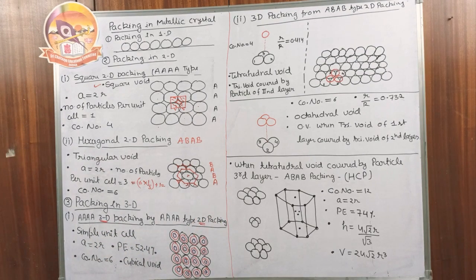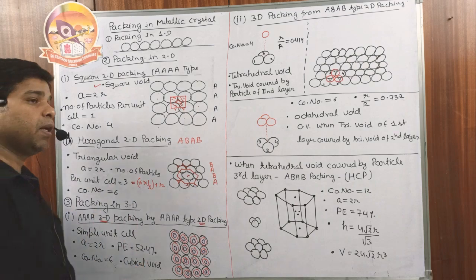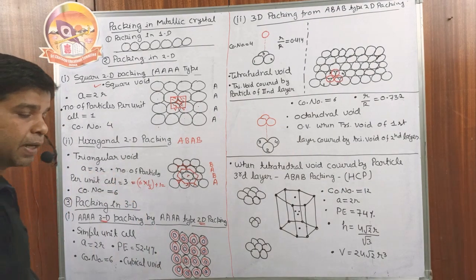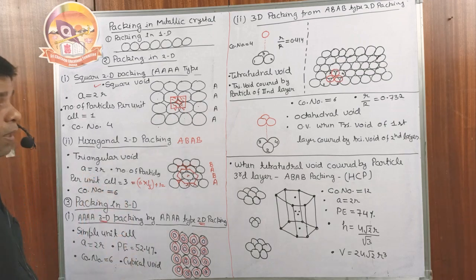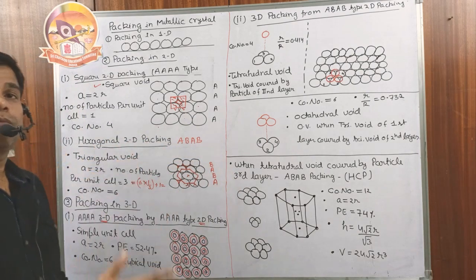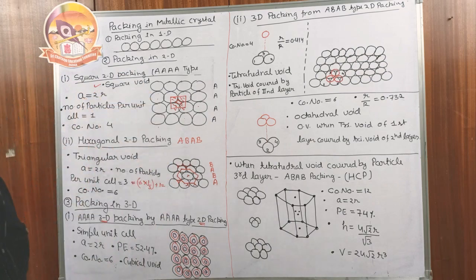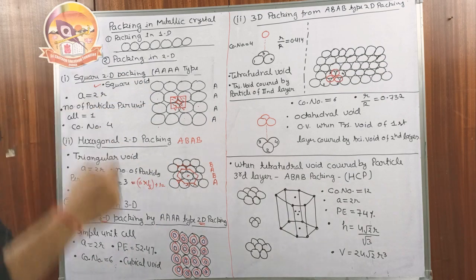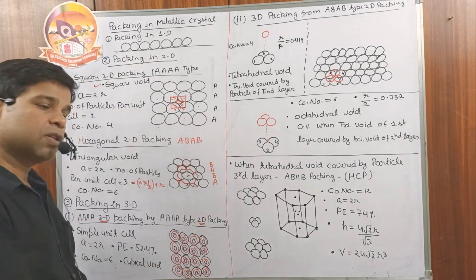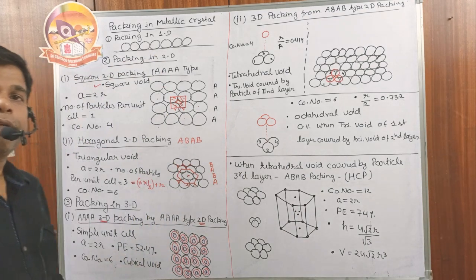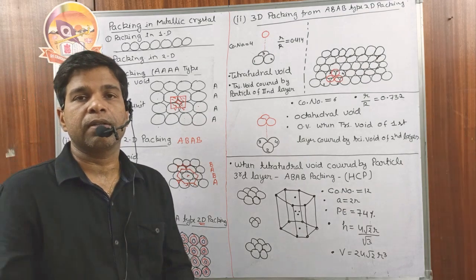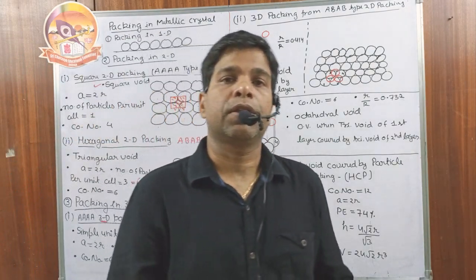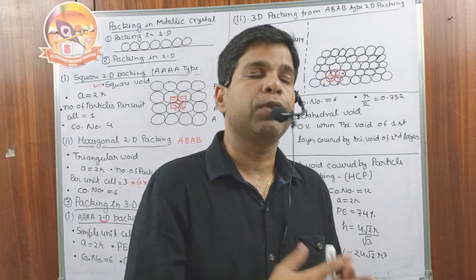Look what I have done in this one. Black particles are the particles of the first layer. The red particles are the particles of the second layer, and red particles and black particles are just above each other. Then the particles of blue color are on the red particles, but again these blue particles are just above the particles of the red layer or the black layer. So each particle has the same center of gravity. If the first layer is called A, the second layer is similar to A, the third layer is also similar to A. So that is called the AAAA type 3D packing, and that gives the simple unit cell.